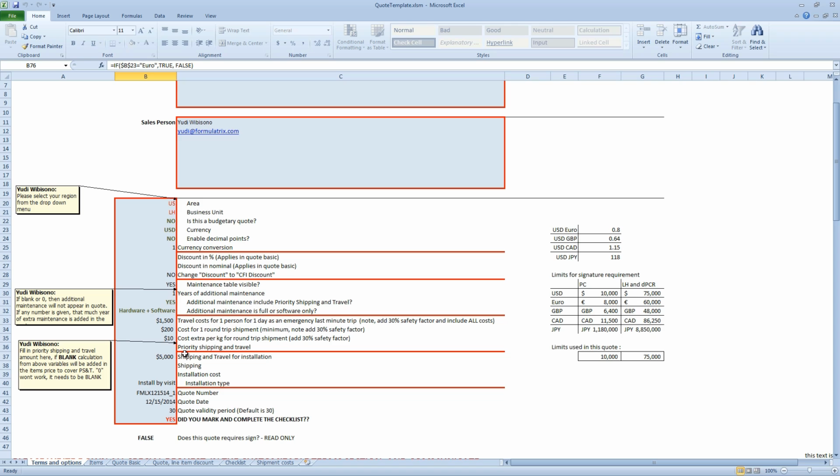Essentially, I'm not going to explain what a priority shipping and travel is. If you have no idea what that is, you need more explanation. Talk to your managers to explain to you in more detail about it. But I'm going to explain that there are three ways that PST calculation can be incorporated in a quote. Right. First, you can have it